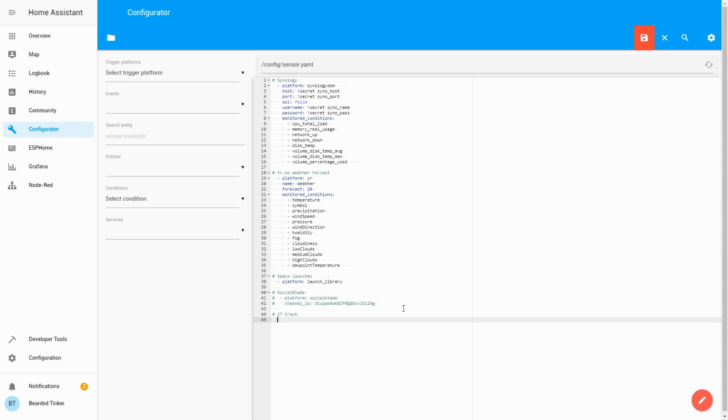And let's configure the platform. So it's platform: 17track. We have to give it a username. I, of course, will be once again using secrets, so it's secret 7user, underscore user, and password should also be secret